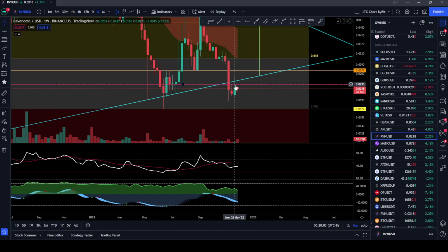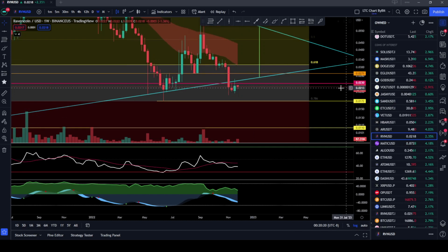We tried to get above it, got rejected, and now it looks like we're going for another try here, because anybody who's watching this Ravencoin chart probably knows if you're a bull and you're buying, you really need to get above that pinkish purple line here. So they are attempting again at this, which hopefully will work out. And if it does,